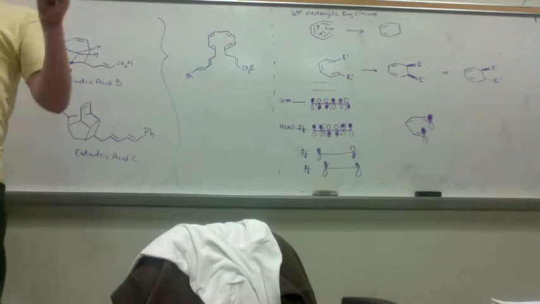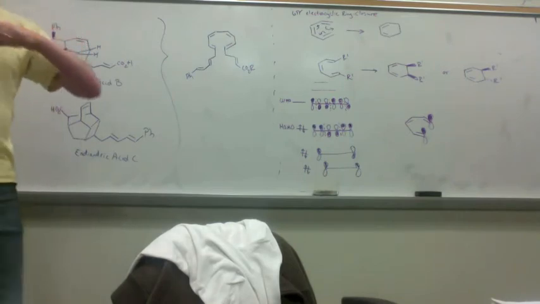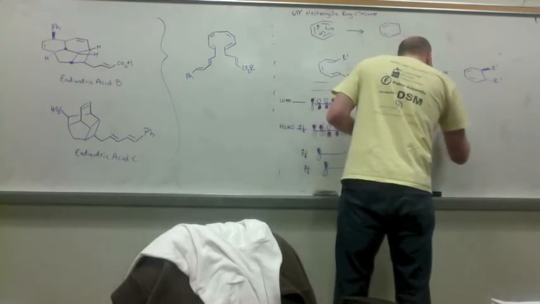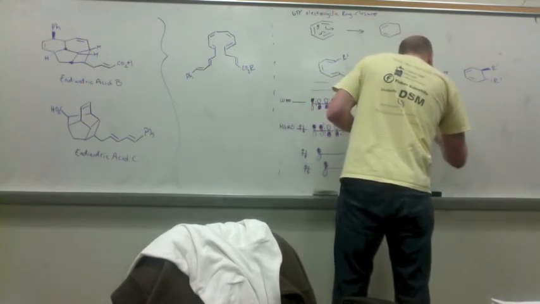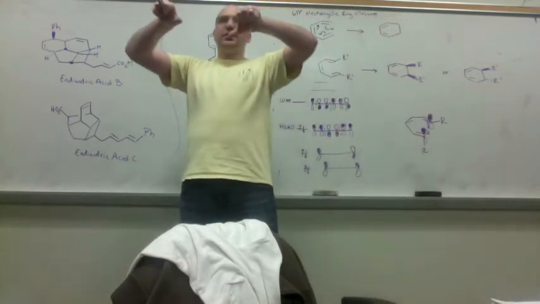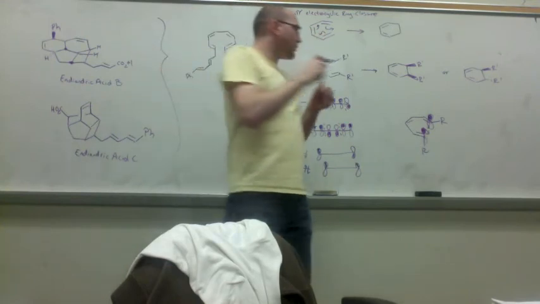So again, like in the Diels-Alder, you want the nodes to go together, right? And so if we have groups out here, these nodes are going to want to come together. And the way that they're going to do that is they're going to come together in this way, right? So what's going to happen is